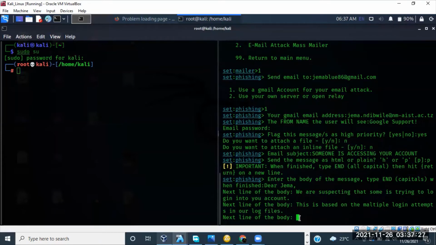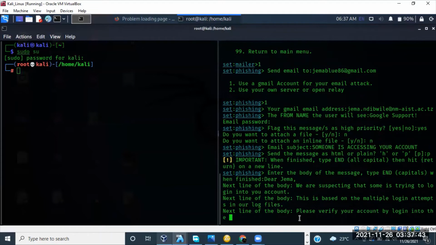Now, the best part is: please verify your account by logging in with the link below. Basically, it should be like that. The link below, and the link here will be